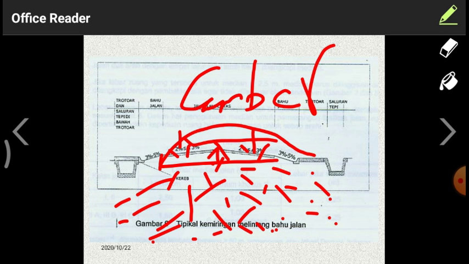Why? Because if the side canals are built properly, automatically the water will be drained away from the roads, and it will not cause any disturbance to the surface of the road. If the side canals are not properly designed for a road, automatically the water will penetrate into the surface of the road, and this will lead to enlargement. That enlargement leads to cracking of the surface, and that cracking of the surface leads to total road failure. In so many areas we are observing this. What is the main reason? It is due to this entrainment of water into the sublayers. We have to eliminate that.